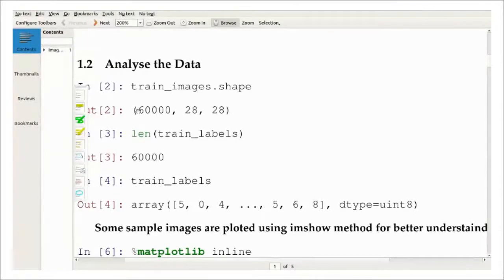We have 60,000 train images, and each image is 28 by 28 pixels. Each image is stored by pixel. In this view, the train images are not a matrix, they are a tensor. You may remember scalar, vector, matrix; everything above a matrix is called a tensor. Scalar means just a constant value, say 8, 4, 10.